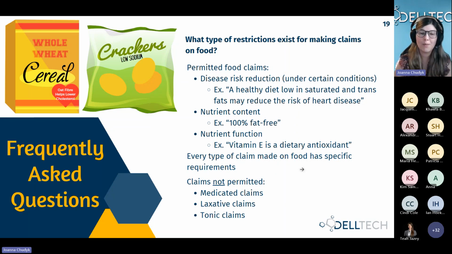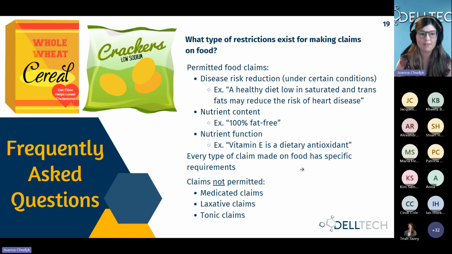So you need to make sure you're meeting the threshold in order to utilize the term high in protein. Another example is reduced fat or low fat. These terms also both mean something different. So it's super important that any sort of wording and terminology you wish to use on your label is compliant